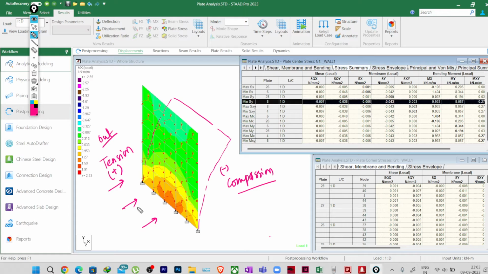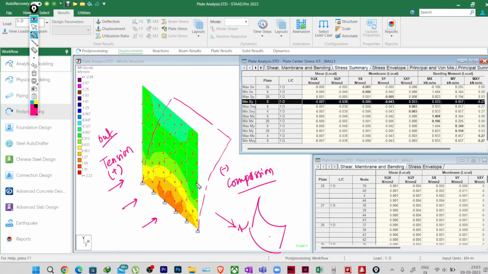Okay, so obviously as it is a cantilever wall, in these plates we expect that the moment will be higher. And which moment will be higher? As it is a cantilever wall, other than the horizontal moment, which is along x direction. Horizontal moment means along x direction, that means the wall will be bending like this, as it is a cantilever wall. So we expect that this particular bending will not be more,